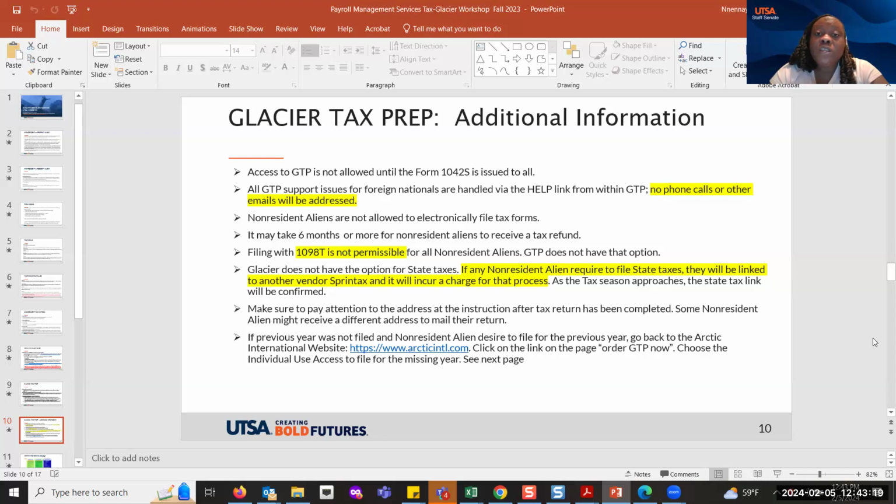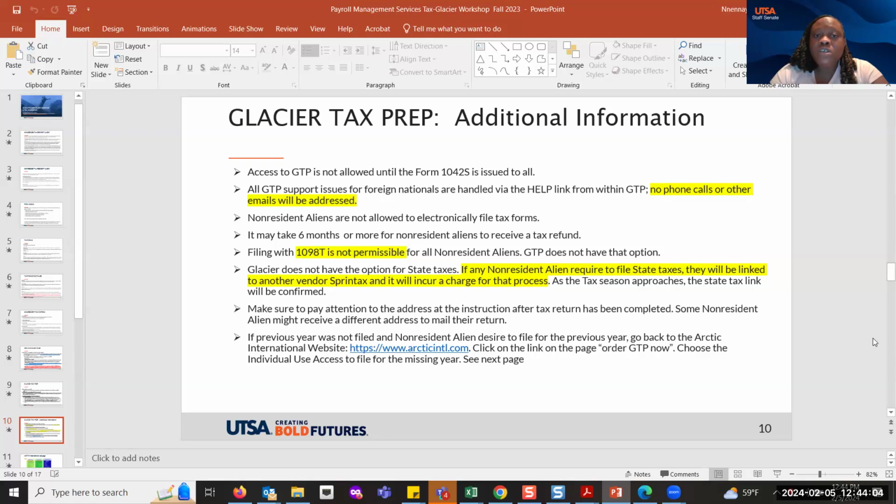So you can have only a 1042 because you are a J1 and you are tax exempt the whole year, or you are tax exempt as an F1 student for a certain amount of money. For those who are from Bangladesh, $8,000. Those from China, 5,000. Those from Pakistan, I believe, is 5,000 as well. And as an F1 student, you are entitled to both a 1042 and also a